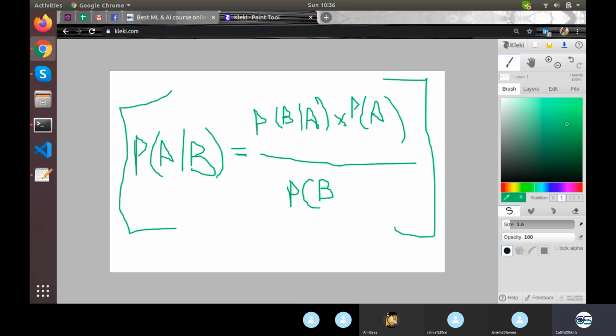You'll read about the theory, because this is not going to be a mathematics class anymore. So we'll not be talking about how to build it from scratch. But this is the simplest Bayes theorem right here. When B has occurred, the probability of A occurring is the probability of B when A has occurred, multiplied by the probability of A, divided by the probability of B. This is what the Bayes theorem is. What is probability? I hope you know that already.